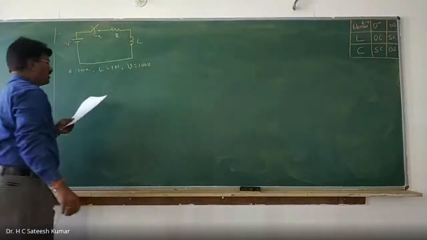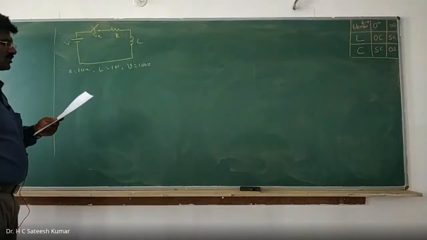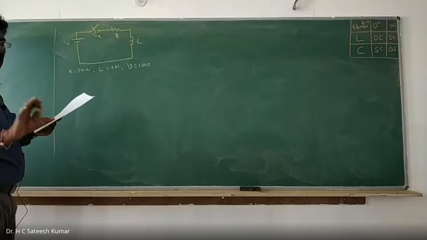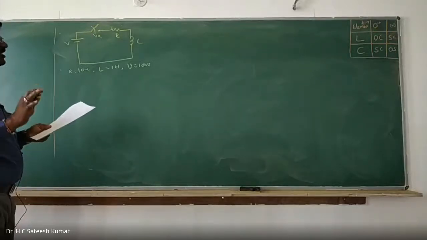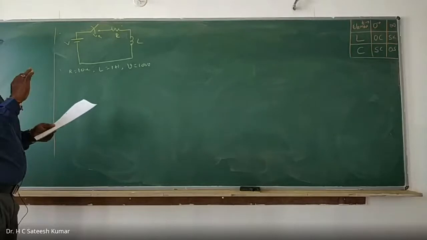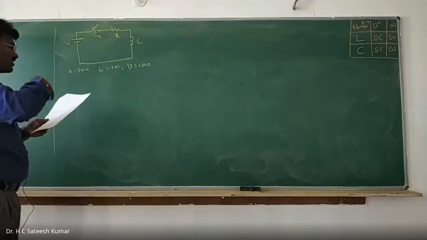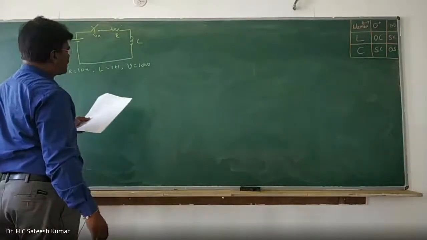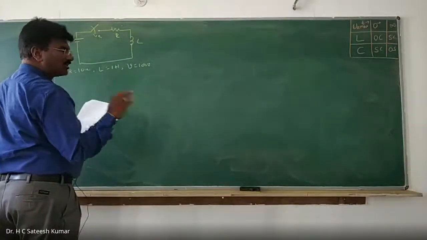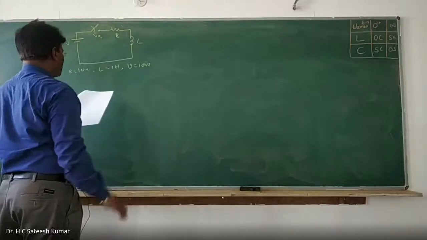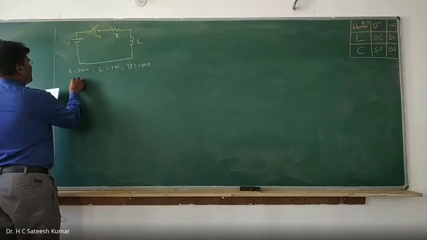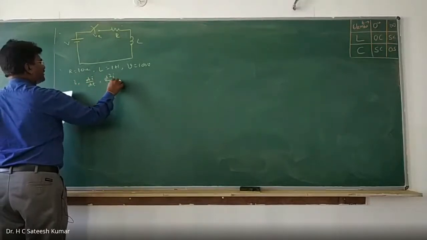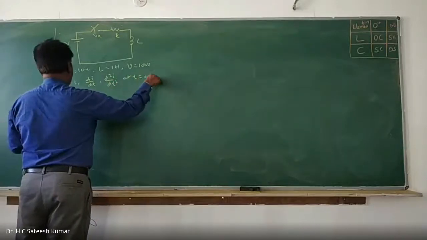The question is, in the network shown, switch is closed at t is equal to 0 with 0 current in the inductor. That means initially inductor doesn't have any charge. Even in earlier problems also, initially inductor doesn't have any current and capacitor doesn't have any charges. With the assumption only we are doing it. Here sometimes they will specify it with 0 current in the inductor. That means initially it is not charged at all. It doesn't contain any current at all. It doesn't have any flux at all. Find i, di by dt and d squared i divided by dt square at t is equal to 0 plus, he said.